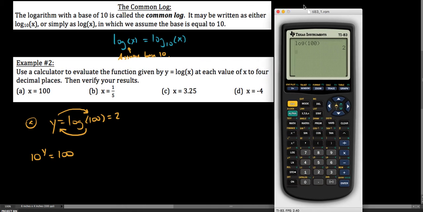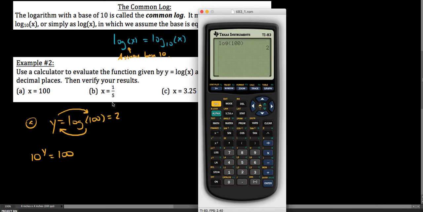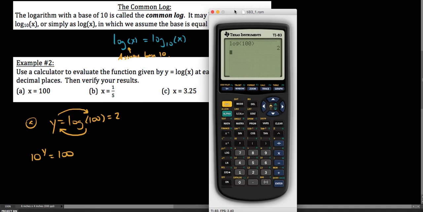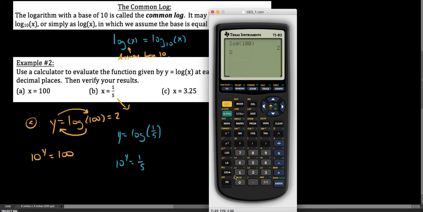Now with respect to the rest of these, we do need to plug them in and evaluate on your calculator, but that's going to be as easy as just plug them in and write what you get as an answer. So for instance, if we wanted to evaluate y equals log of x at 1/5, this would be on letter B here, we would have y equals log of 1/5. In other words, what could we take 10 to the power of to get a fifth? And so as we do this here, I'd say log of 1 divided by 5. Try again. Log of 1 divided by 5. We get negative